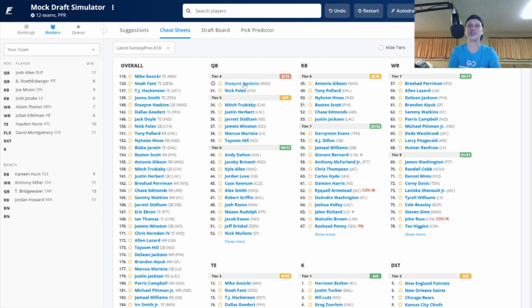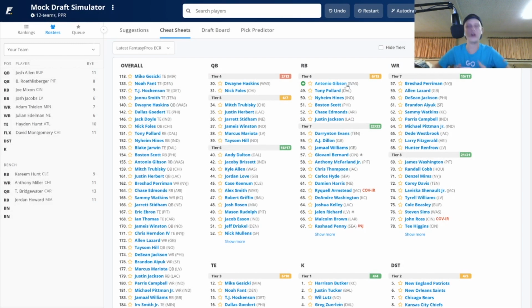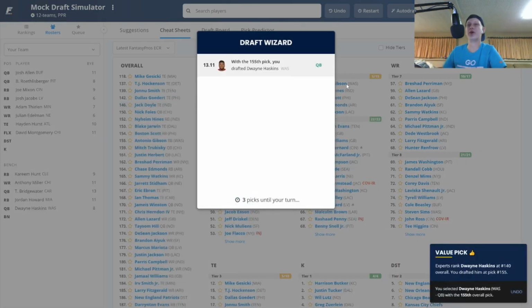I know for a fact Haskins is the starter. I know that Nick Foles should be the starter. I think Dwayne Haskins probably has more upside. Nick Foles is probably the more safe pick. So we're going to go ahead here and draft the high upside pick of Dwayne Haskins and hope he really improved in the summer like I think he did and become a great quarterback under Mr. Riverboat Ron in